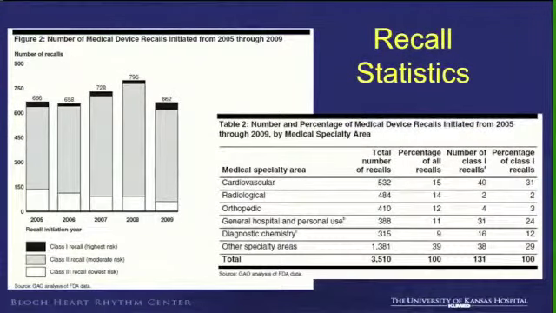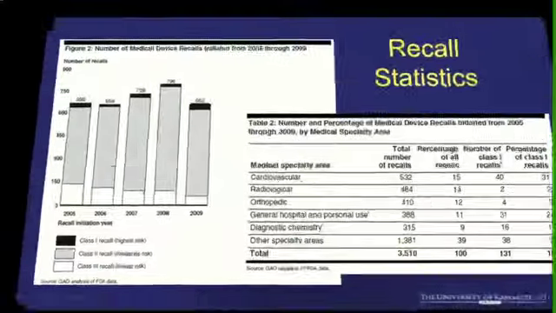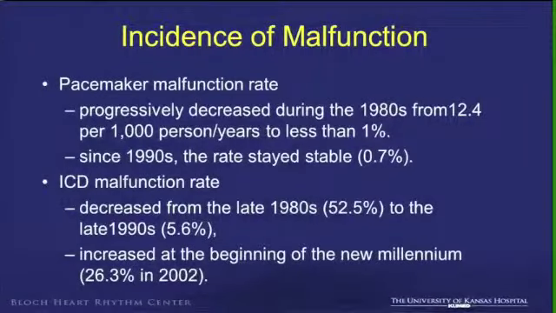If you see statistics regarding medical devices, in the picture on the left, class 1 recalls are a very small fraction. Most of the recalls are class 2 and class 3. And this is all medical devices, not necessarily cardiovascular devices. If you come to the table on the right side, cardiovascular devices contribute about 15% of all the recalls. However, class 1 recalls are a predominant fraction. It's probably the highest fraction of class 1 recalls. So we're dealing with more complex devices with high impact.